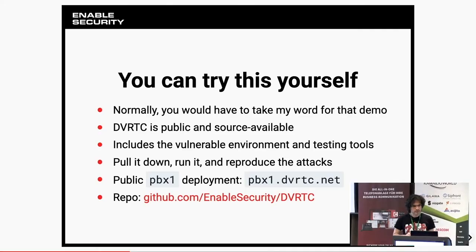But you have no practical way to reproduce this for yourselves easily. And DVRTC is there to help with that. It's public, the source code is available, you can go on GitHub and check it out, you can run it for yourself, there's a public deployment as well,